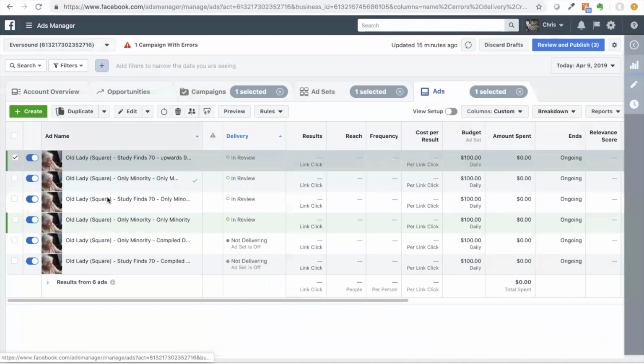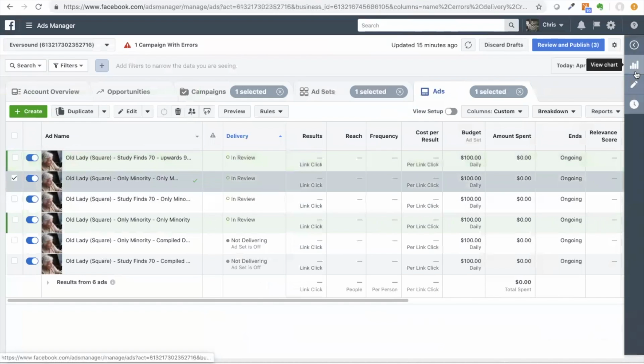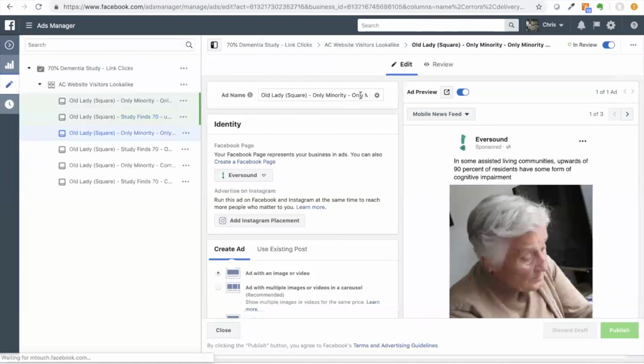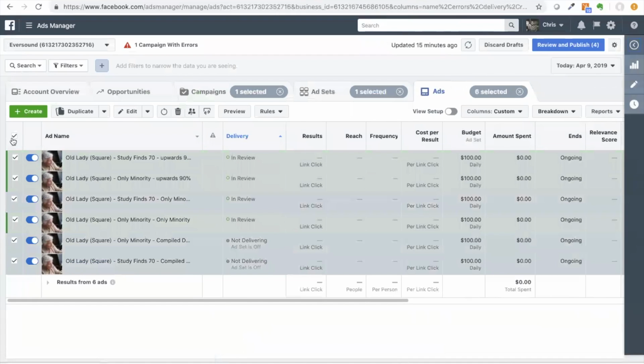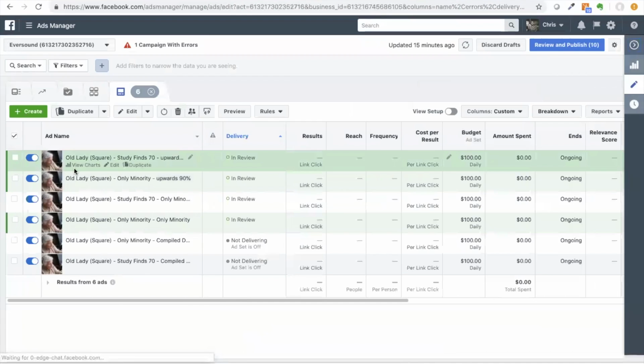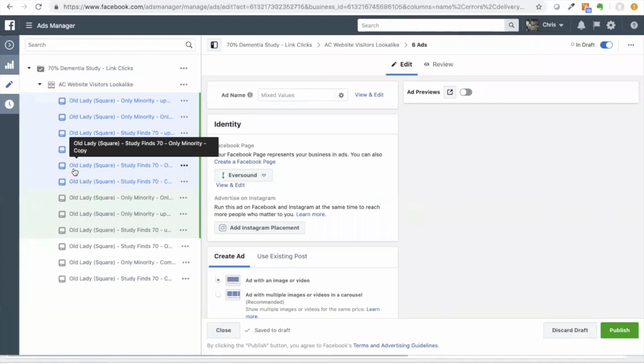Okay, so now we have all of our different variations, and now we'll take all 6 of them and duplicate. Honestly, I wouldn't usually test 5 images because now we have 5 images and 6 things, so we're going to have 30 variations, and it seems excessive for a campaign